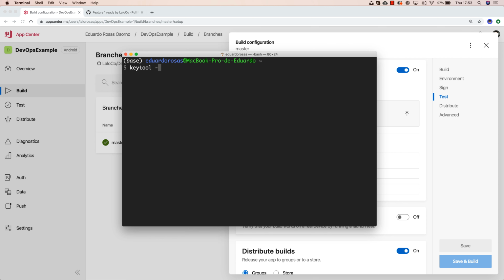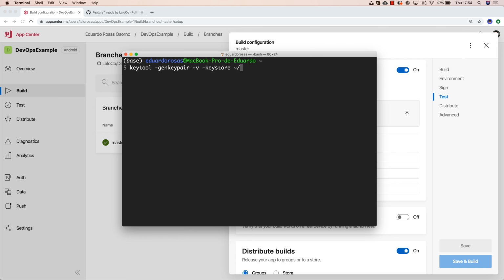Now, keytool is actually going to require a few flags so we can generate this keystore file correctly. The first one is going to be just what I said that we're going to be generating, and what we are going to be generating is a key pair. So we just pass this. And the details of each and every one of the flags are not important, just make sure that you do pass all of these flags. So the v flag, keystore, which is exactly what we're going to be generating, and exactly where this keystore is going to live. Now I want my keystore to live on the desktop just so it is easy to access,